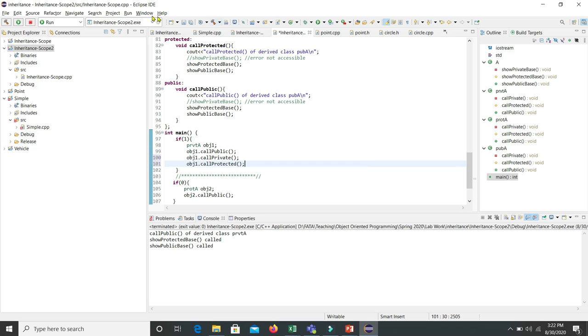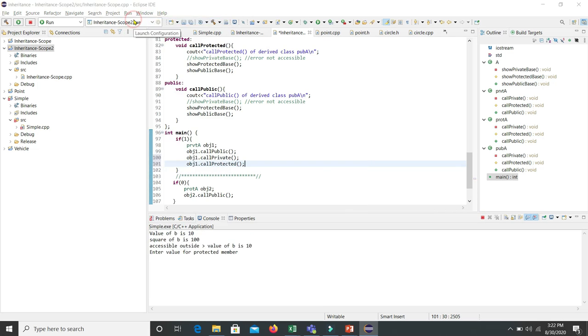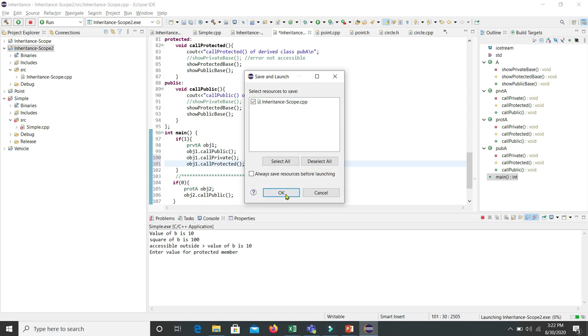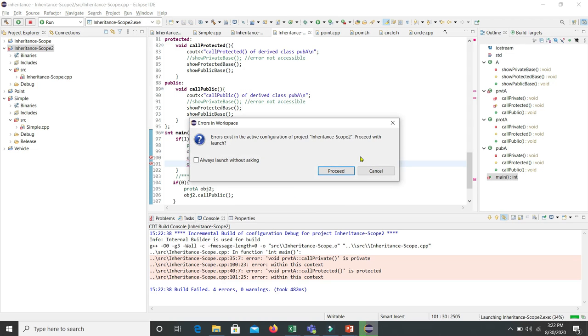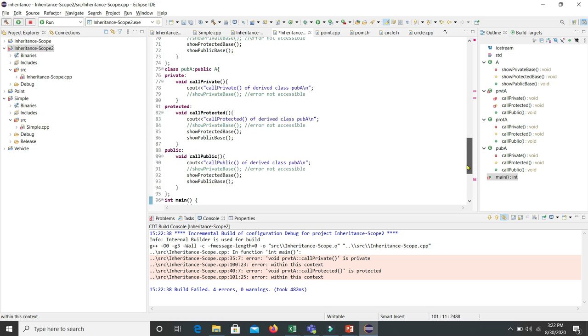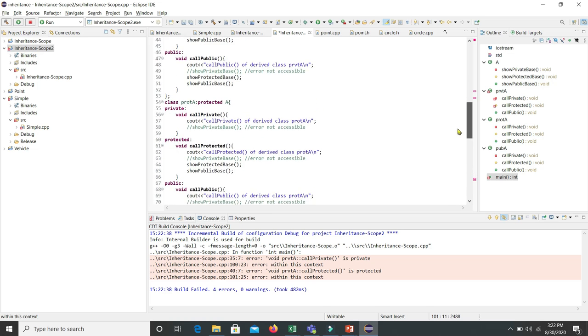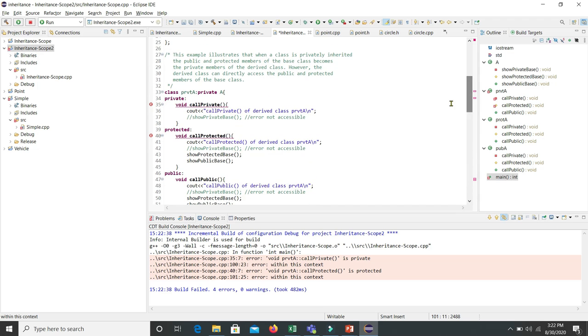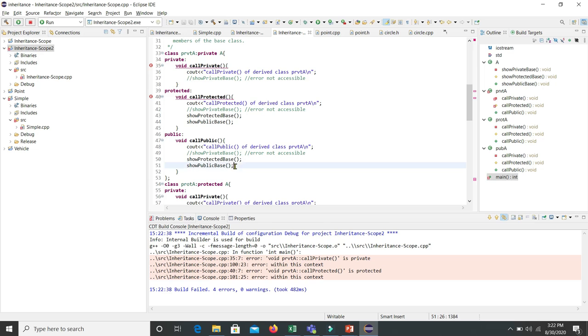I cannot use the private and protected ones outside the class. If you want to use them, you have to call these functions inside this class, inside this function, for example, call private